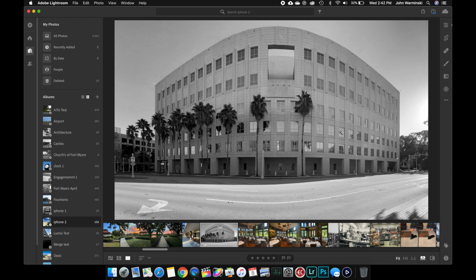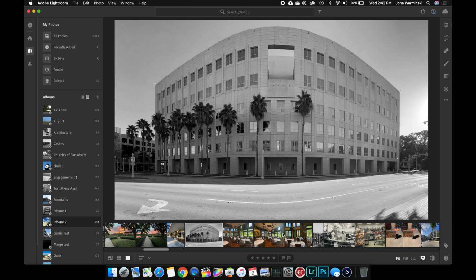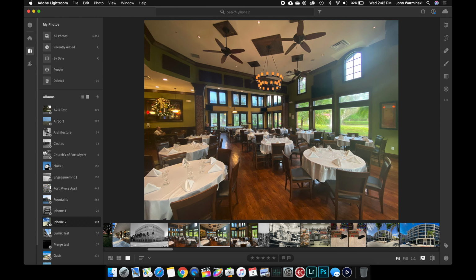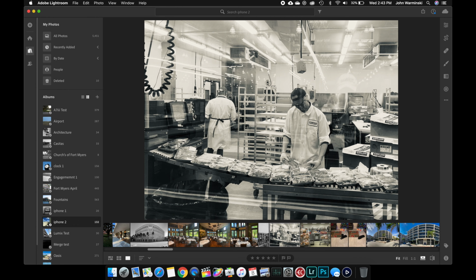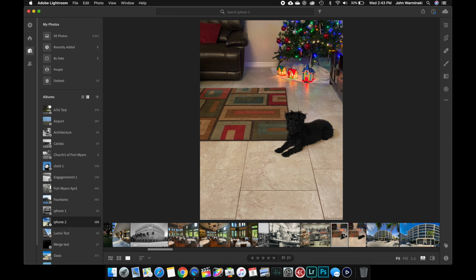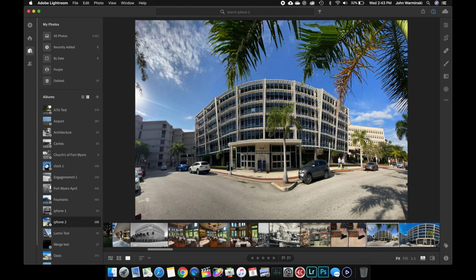So, the iPhone 11 Pro Max really comes with some great features. It comes with 3 cameras. It comes with a 27mm standard camera, a 15mm wide angle, I believe, and it comes with a 50mm telephoto lens. And the telephoto lens, I have found, really comes in handy when I need to zoom in and